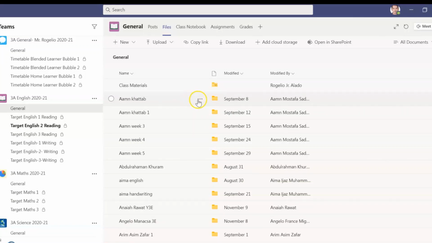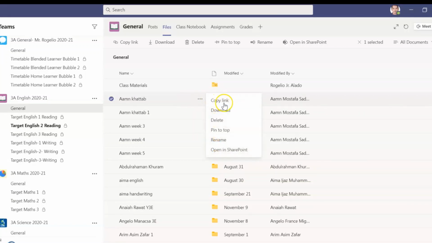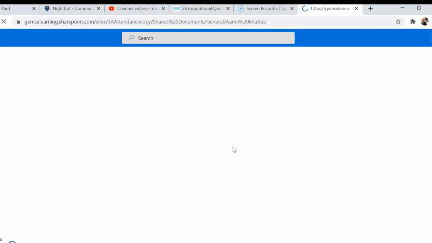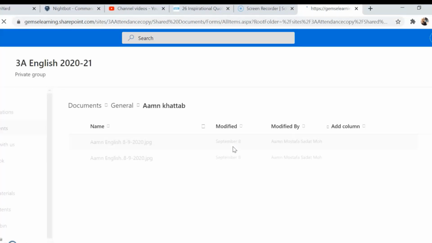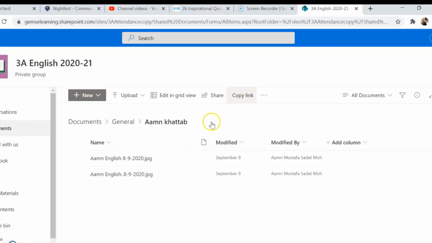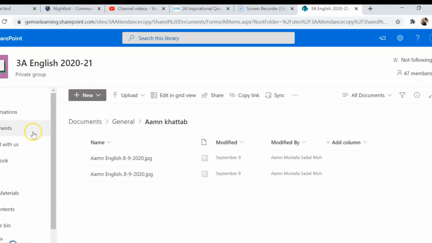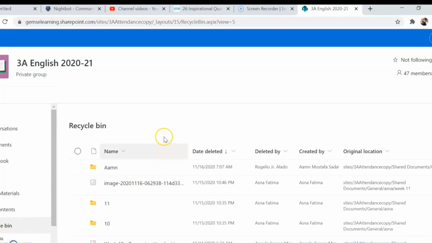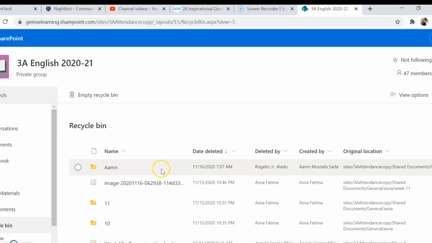Once you click on that ellipsis, look for Open in SharePoint. Once you open in SharePoint, it will direct you to a browser where you have saved or logged in your Microsoft account. Alright, so from here, we have to look for the recycle bin. Click on the recycle bin, and from here, we can look for the deleted folder